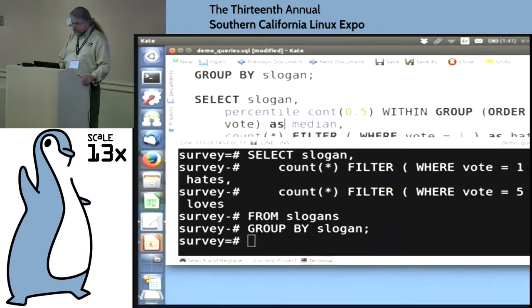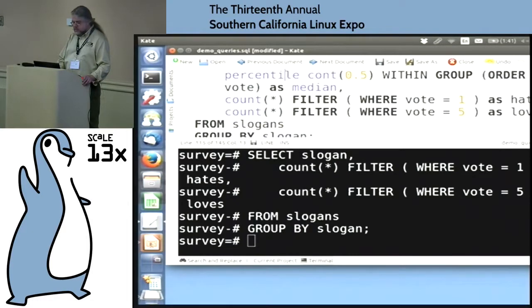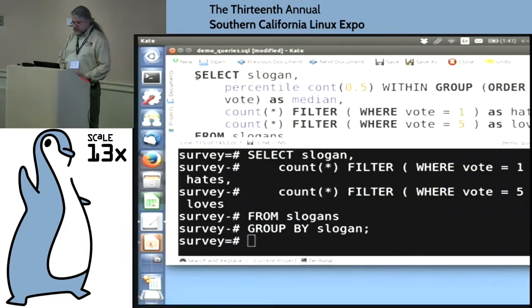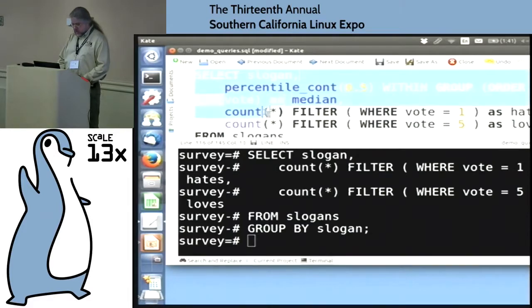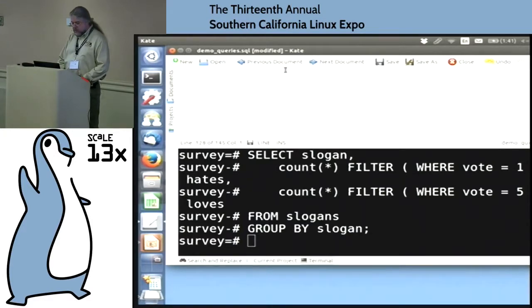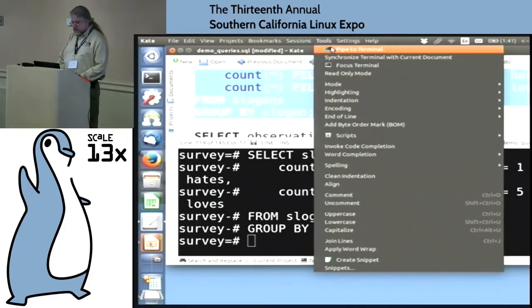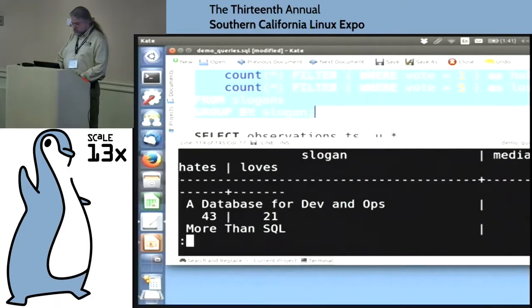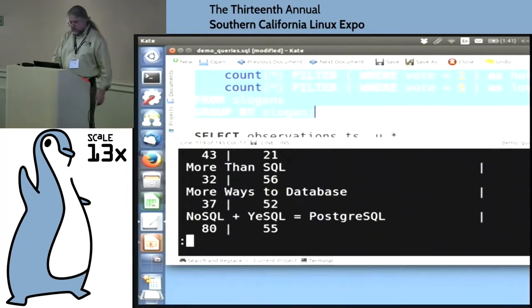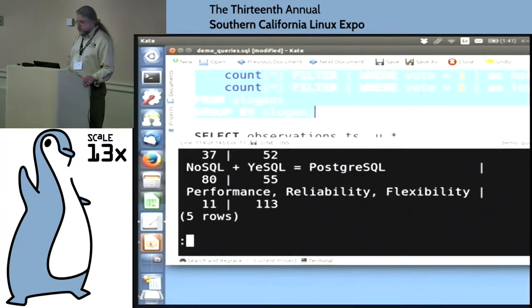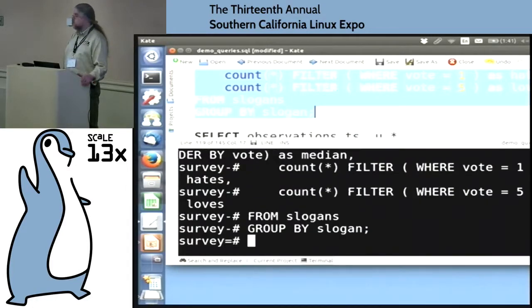So in deciding which would be the slogan, the answer is to put all this together: we look at the median, the number of loves, and the number of hates, and that is our total score. And again, we see how we ended up with the slogan that we have, because that wins on all of the different ways of looking at it.